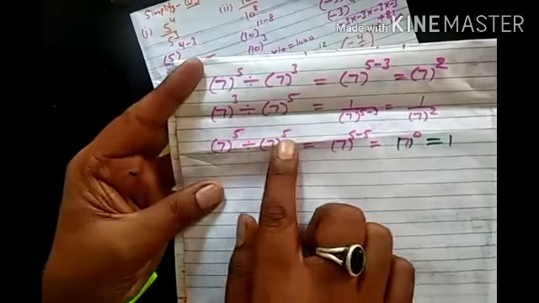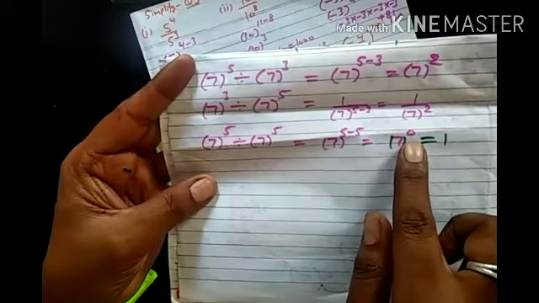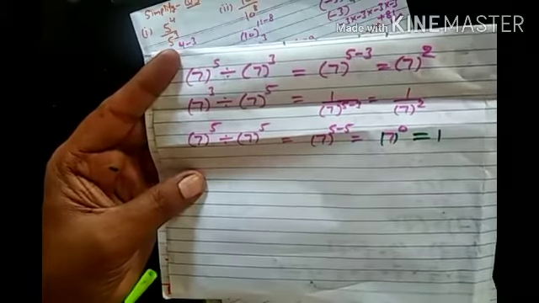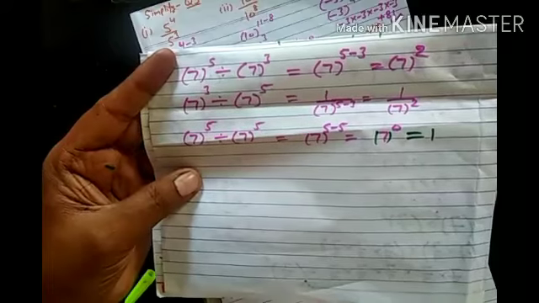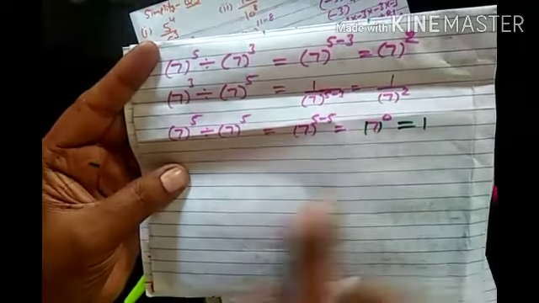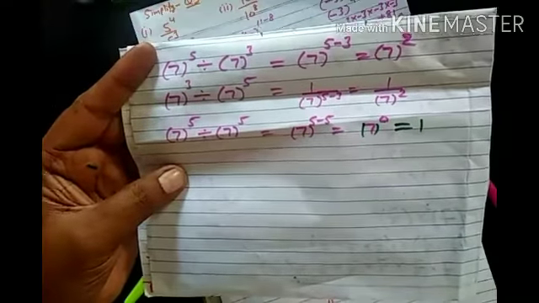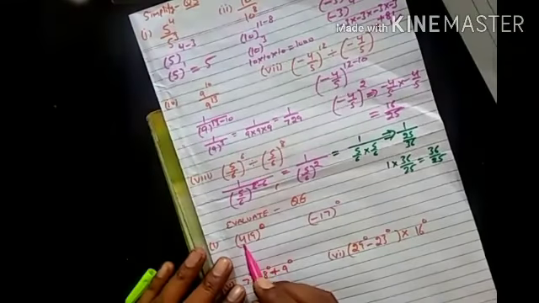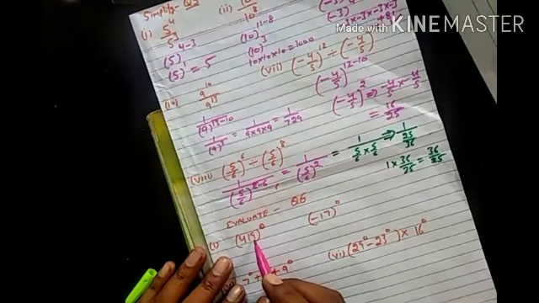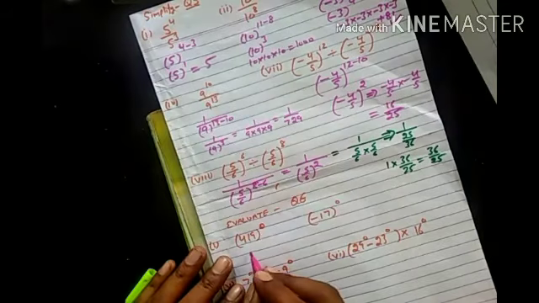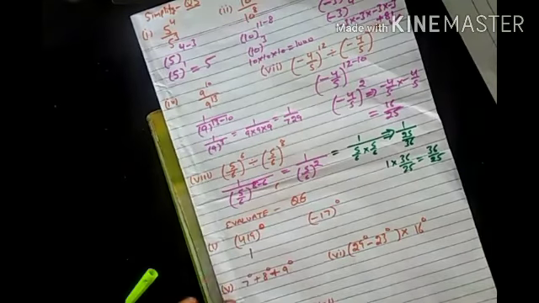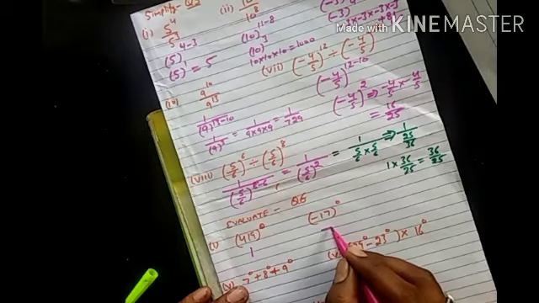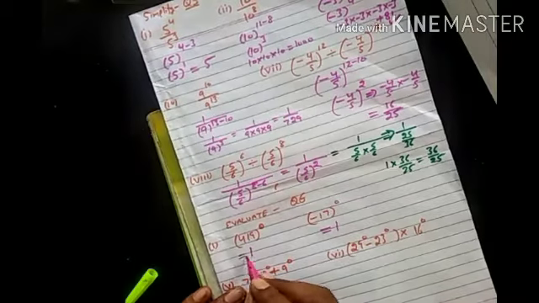When the powers are same, then when we subtract this, we find that the power is 0 to the base 7, and we have proved that this is equal to 1. So, using this result, we can say 419 to the power 0 is equal to 1. Clear? Now, here the power is 0, therefore the answer is also 1.